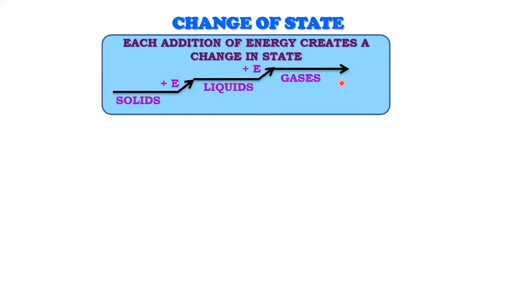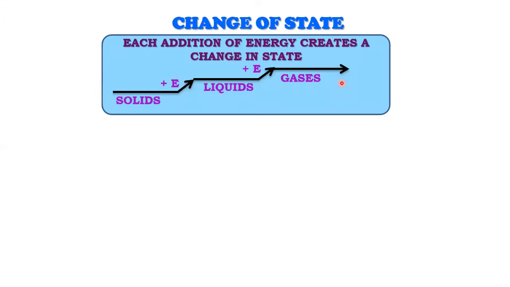You will ask, sir, what kind of energy are we talking about? It's heat energy. Once we apply heat energy, the kinetic energy of the particles inside the substance will increase. Ultimately, that will lead to an increase in the distance between particles, which will create huge intermolecular spaces. And we've already learned, the more the intermolecular spaces, the more it will be converted from solid to liquid, or from liquid to gases.